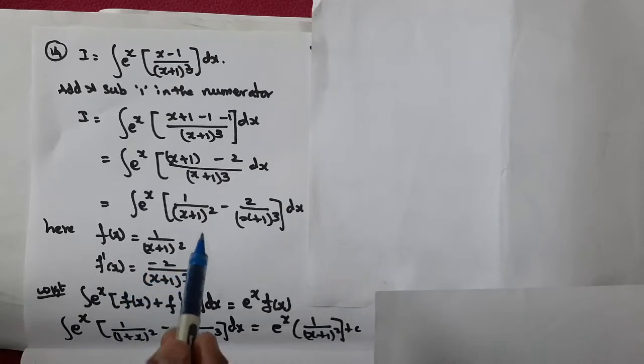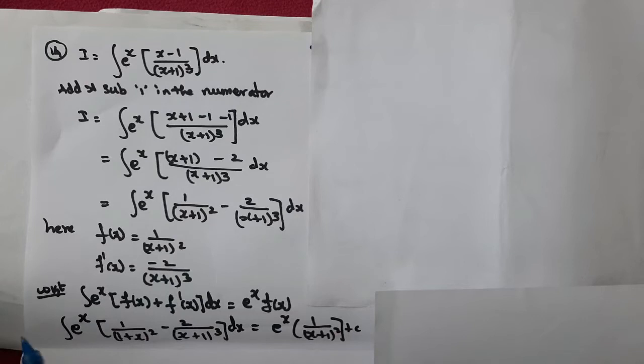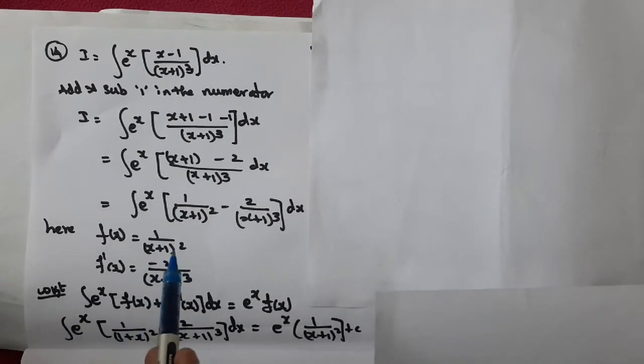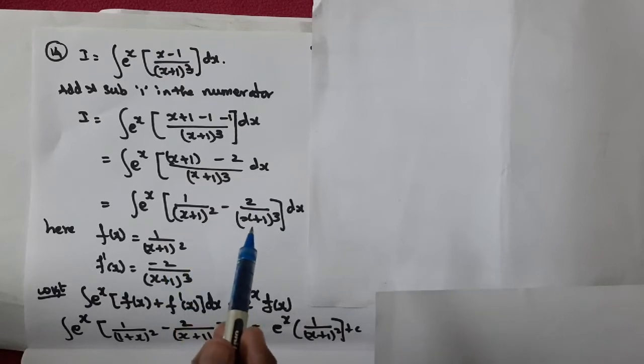Yes. If you take this as f of x and differentiate, you will get f dash of x. And here you compare this term with the 1 by x power n formula. What is the 1 by x power n formula? Minus n by x power n plus 1. So here n is 2. So minus 2 by, in the place of x we have x plus 1. So put the same. So minus 2 by x plus 1 the whole power 2 plus 1, 3. That's all. So this is f of x and this is f dash of x.